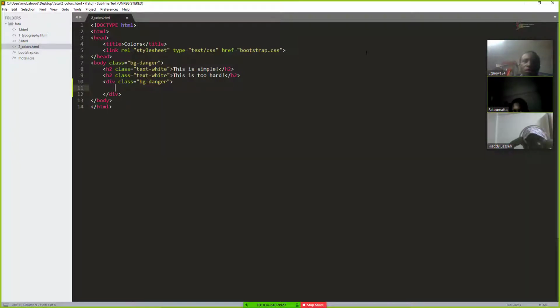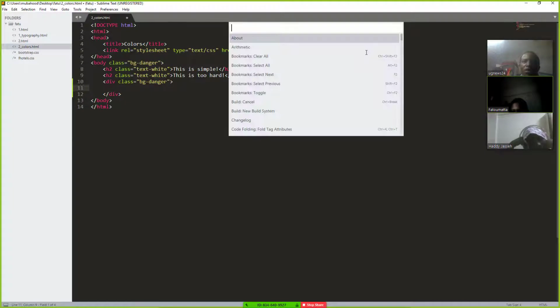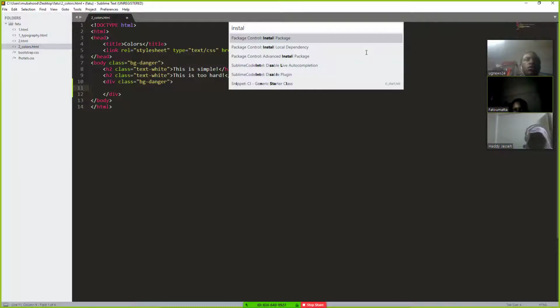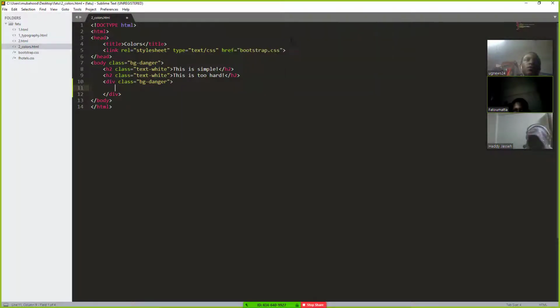So to install packages, you should note down. You press Ctrl and Shift and P. Note down Hadija, maybe you may forget this. Ctrl Shift P. Then you write the word install. Then this install will come. Then you click on install. Then it will process down here, and after it finishes processing,